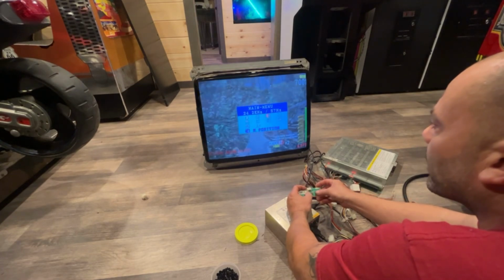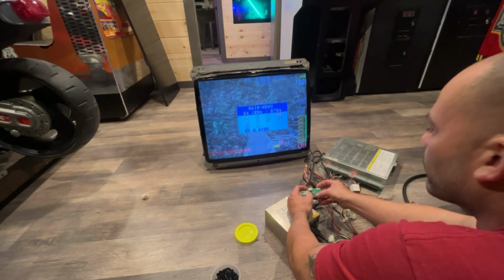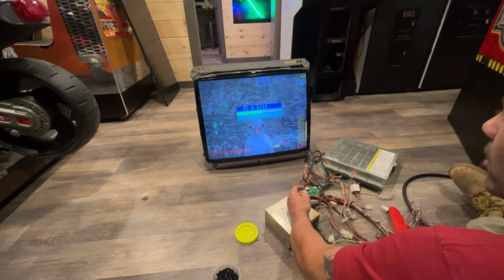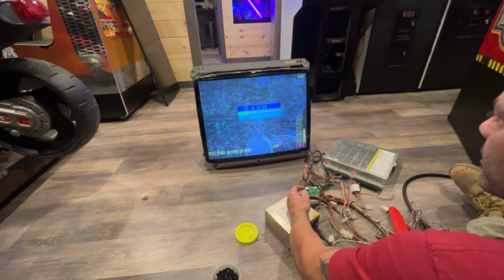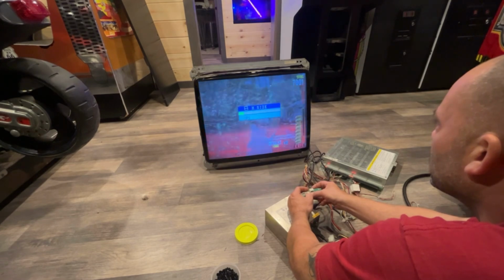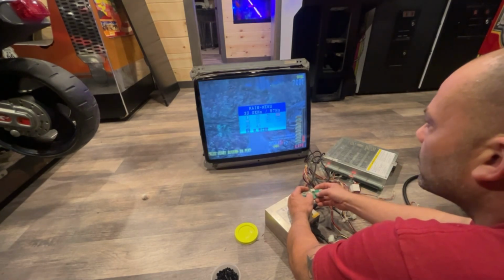Where do we want to go here? Oops. Size, horizontal size. It's bigger. We want to make it smaller. There we go. Oh, too small. Just leave it there. Now we'll go over to